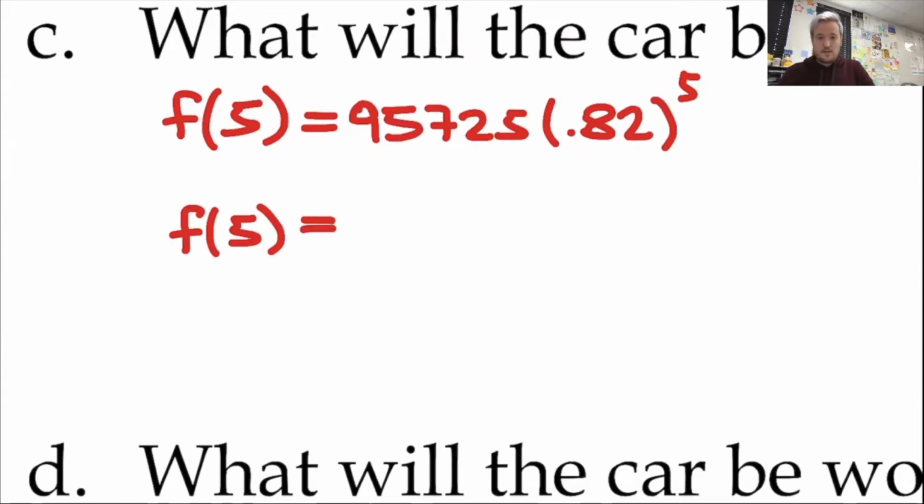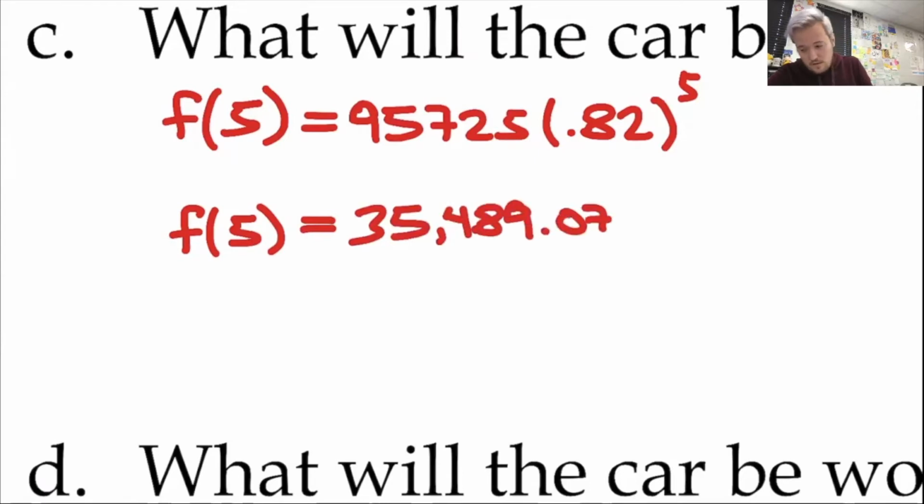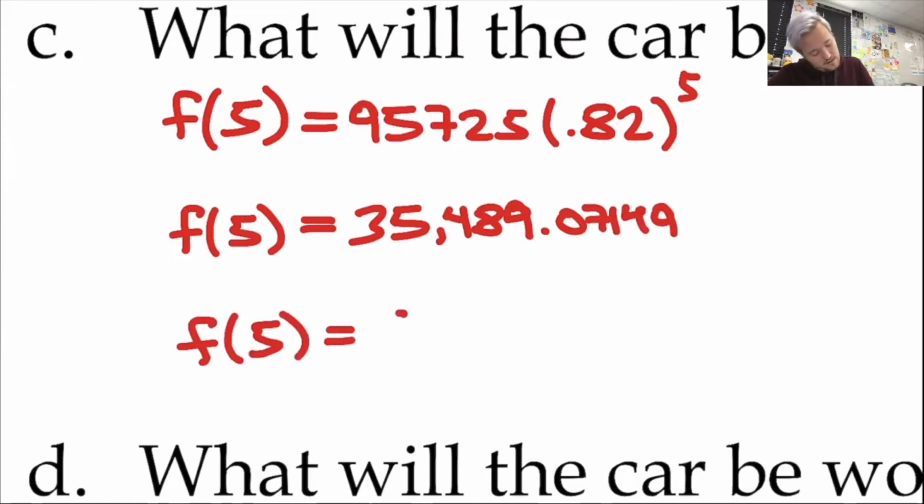So 0.82 raised to the 5th. When you plug it in, after 5 years the car is only going to be worth about $35,489 and 0.7149. So when I do my rounding to the nearest cent, it's only going to be worth